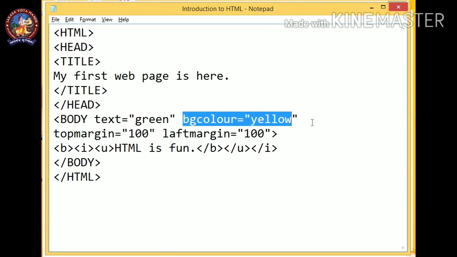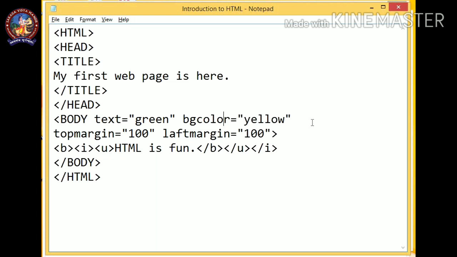Remember that last day I said, as HTML does not have any error detection mechanism, you have to type very carefully. Here I have intentionally typed something wrong. The attribute name is BG color, COLOR. I have written UR, that's why it is not working.